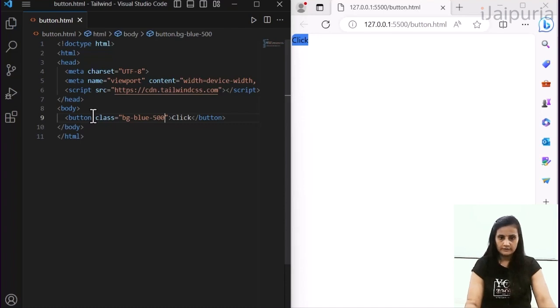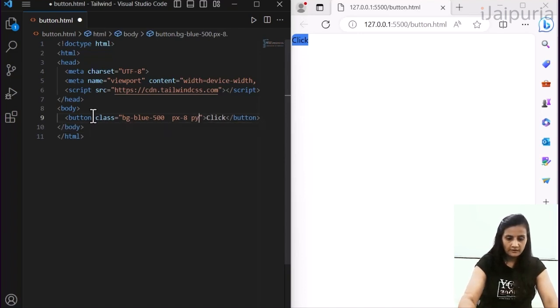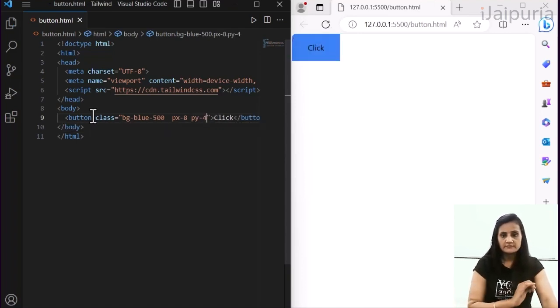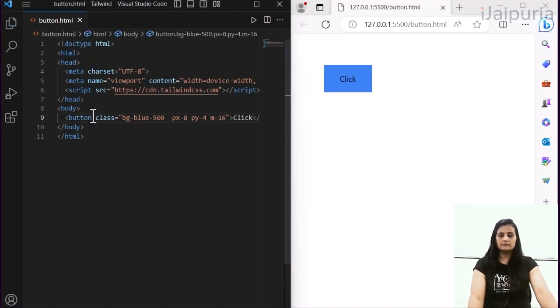We got that. Fine. Next task, we want to increase the size of this button. There are various methods. Height and width we are not going to provide, that is not really important. You can have the P, that is padding. You give padding X 8 and padding Y 4 and just see the difference. Here we got the button. Now I want to move it a little bit from there. That means I want margin all around it. I am using 16, a big margin. Okay, we have the button over here.